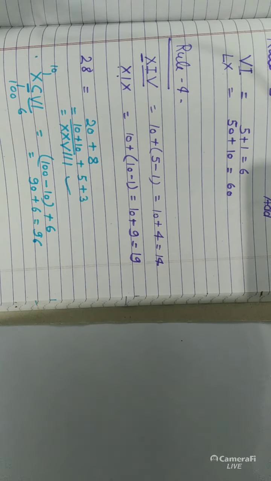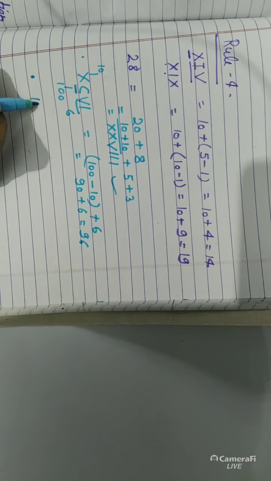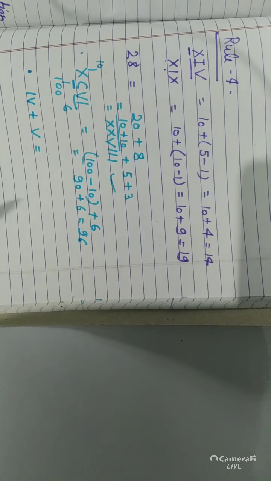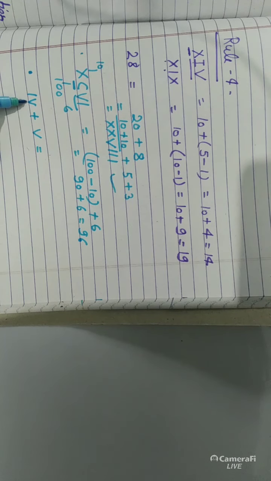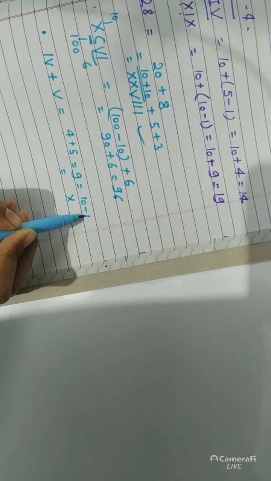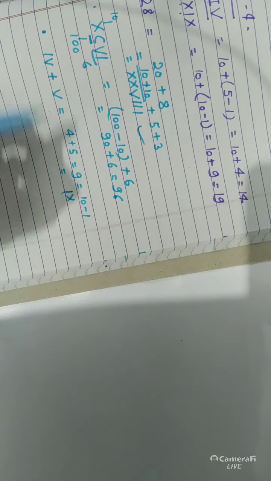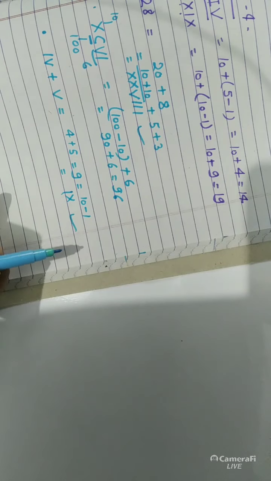It is simple, children, and you can solve it very easily. Children, here are some other examples I am giving you. If you have to write this, how will you write it? It is 4 plus 5. 4 plus 5 is equal to 9, and 9 can be written as 10 minus 1, I X. Since you are subtracting, you will write the smaller number to the left side. Here you have written this addition in the Roman system.